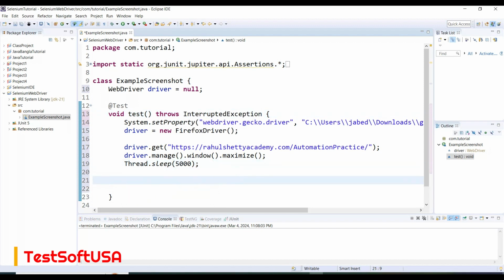Thereafter, we need to take the screenshot. Let's say this application is open. We'll take the screenshot from there. So basically here is a comment, taking a screenshot. If you write a comment, that will not affect your script. That means it is for understanding purposes. So File is a type, and the variable name can be anything. I'm putting ss, meaning screenshot. File ss equal to